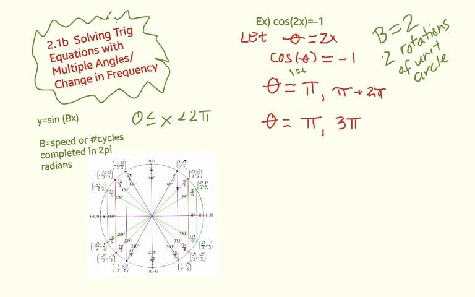Now right now it doesn't seem like those are valid answers, at least the second one isn't, because this says it has to be less than 2 pi and 3 pi is not. However, I'm not actually solving for theta. What we were solving for was way up here, x. So I'm now going to undo my substitution. I'm going to replace the theta with what it initially equaled. So I'm going to say that 2x equals